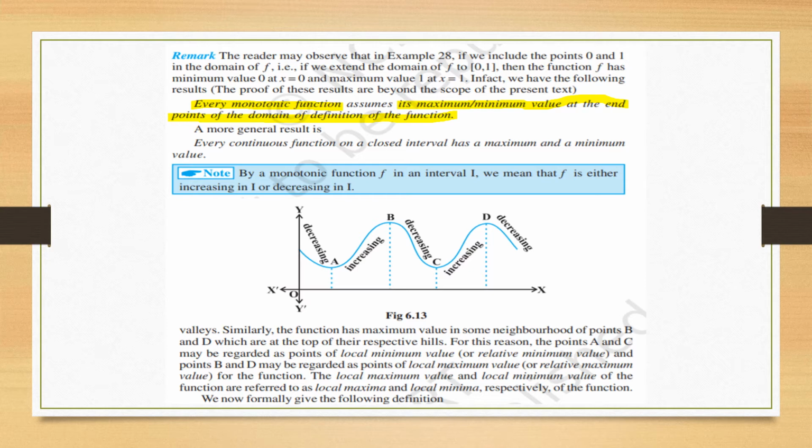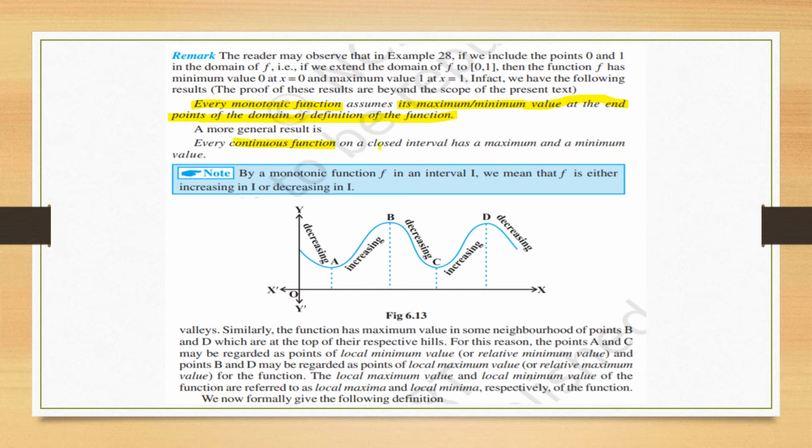Okay, monotonic. And if it is decreasing only, then at the lower point it will have the maximum value, and at the greater point it will have the lowest value, right? So a monotonic function assumes maximum and minimum value at the end points, and every continuous function, okay, on a